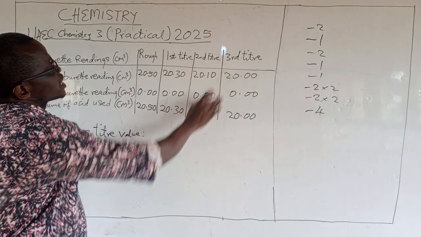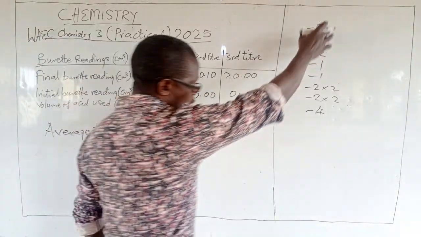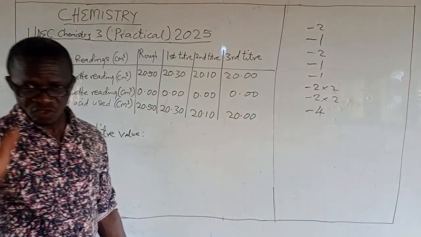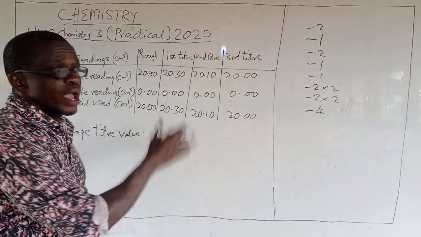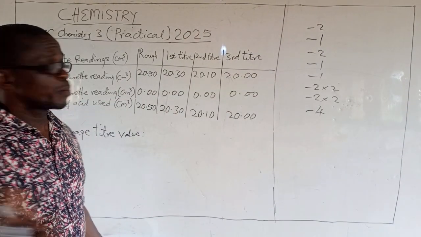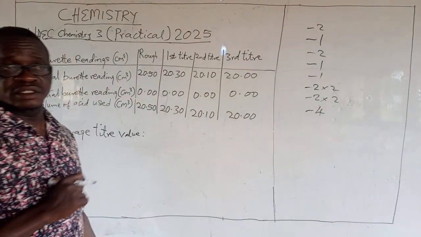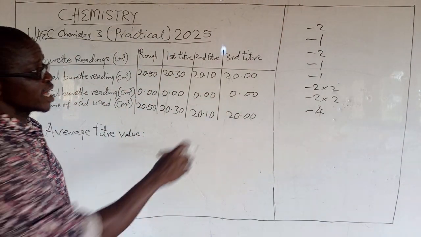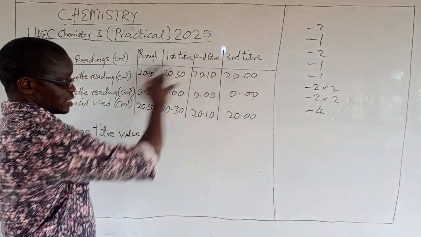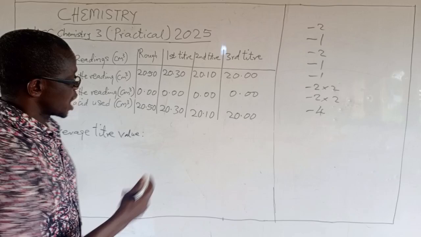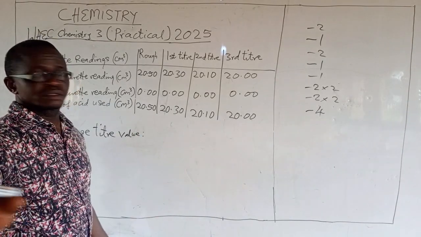Now, the whole of this table, you have 8 marks on this table, but see what will be deducted. If you make a mistake, all this will be deducted, and then the whole 8 marks will go. So better you be very careful with those things that I pointed out, so that all these marks will not be taken away from you. This table as it is now is 8 marks. Now, concordant averaging will give you 2 marks here.